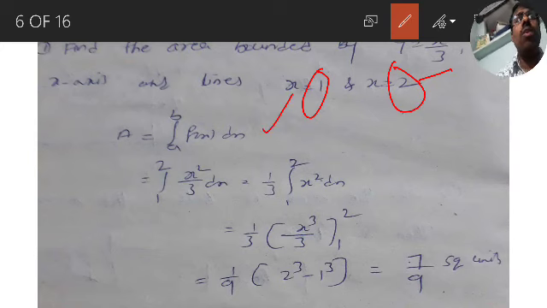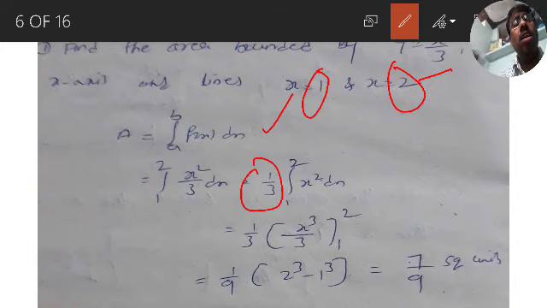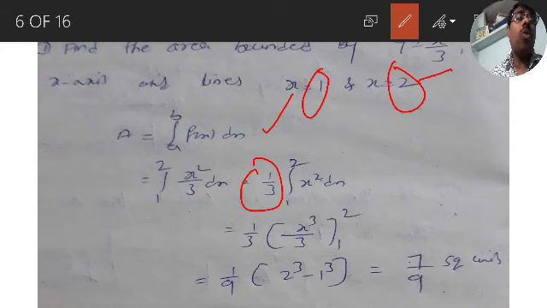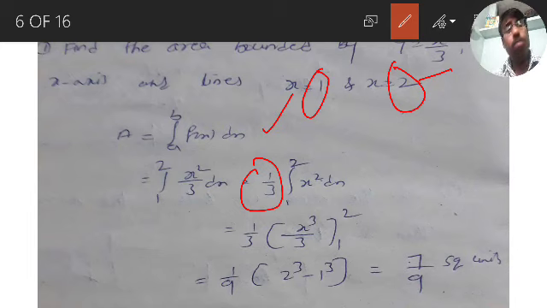Therefore, substitute in the formula: integration 1 to 2 of x squared by 3. The 1 by 3 is a constant, outside the integration 1 to 2 x squared dx. What is the integration of x squared? Integration of x to the power of n dx is x to the power of n plus 1 by n plus 1 plus c. Are you getting, guys? If you don't know the formula, you have to go back, read, practice, then come back. Without knowing the formulas and the basics, don't continue the class.